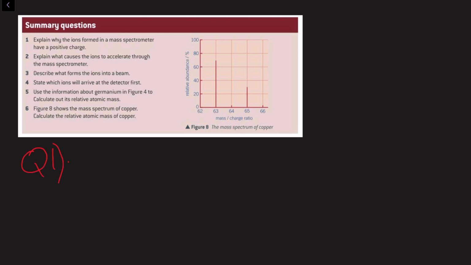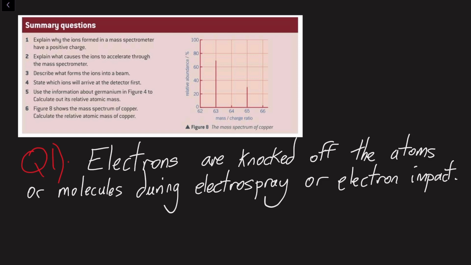So the first question asks, explain why the ions formed in a mass spectrometer have a positive charge. The reason for this is because electrons are removed from the gaseous atoms or the gaseous molecules during the process of ionization. So when electrospray or electron impact is done to gaseous atoms or gaseous molecules, an electron is knocked off from these atoms or molecules. And so when electrons are knocked off, the particular atoms or molecules will have more protons than they do electrons. So there's an unequal number of protons and electrons,